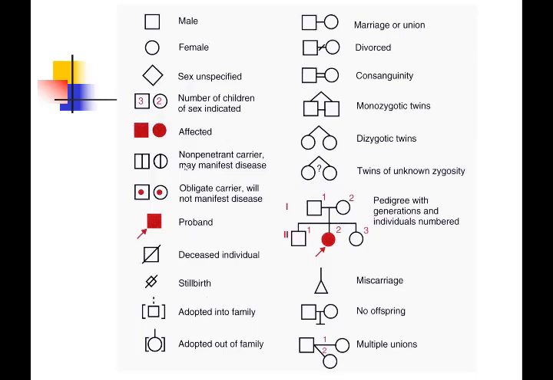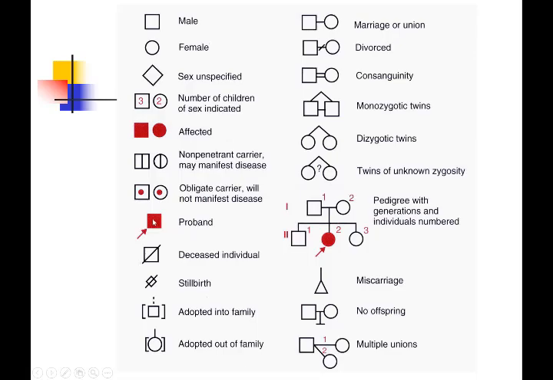The obligate carrier will not manifest disease. For instance, if a mother has a child with hemophilia, she definitely is a carrier. She is a carrier for the hemophilia mutation, and you will put a dot in the middle of the symbol. Proband is the affected individual that they will bring to the genetic clinic, and you will start the pedigree around